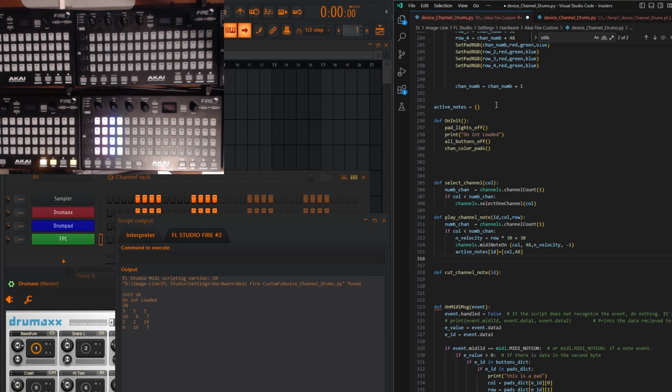That'll get bigger as that goes on, so it'll add items to the list, and then on the cut channel note, we'll